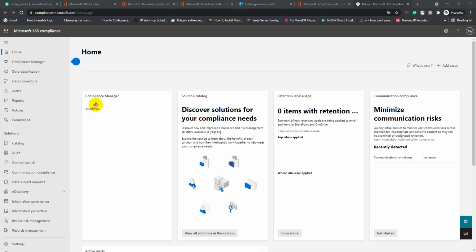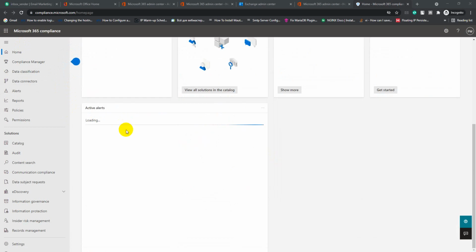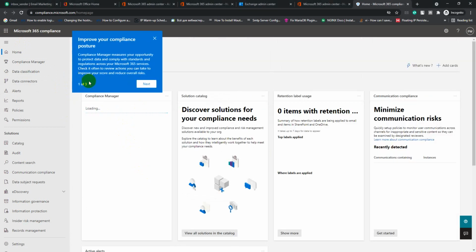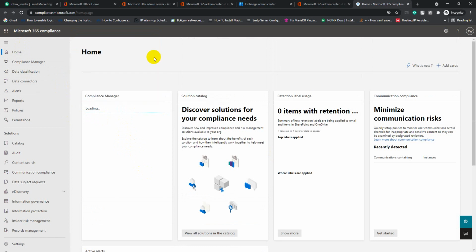After clicking compliance, from here you can check your complaint report, email campaign complaint report, IP reputation report, etc. So we are going to add the DKIM record, right?